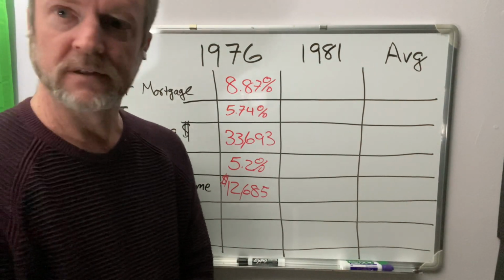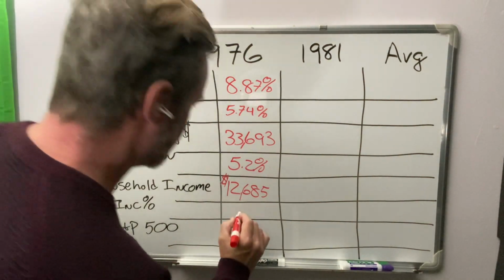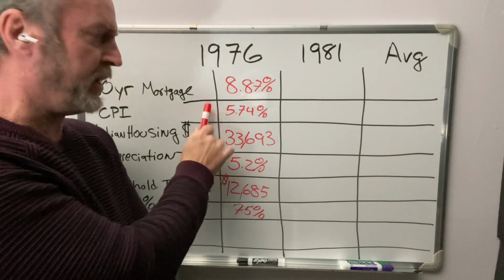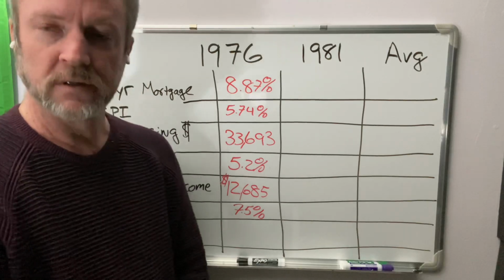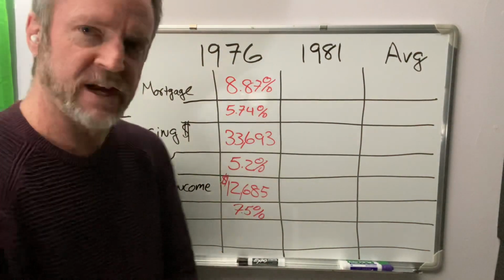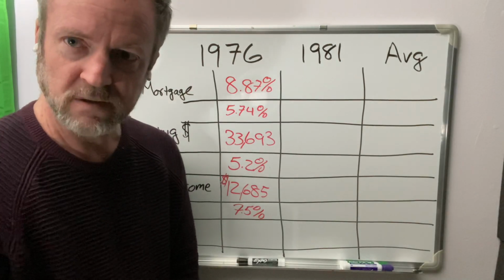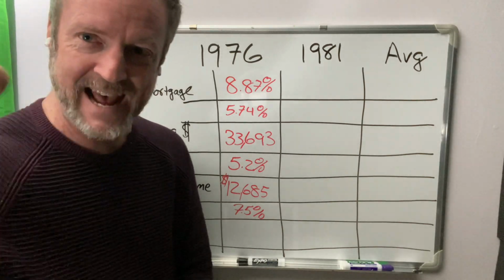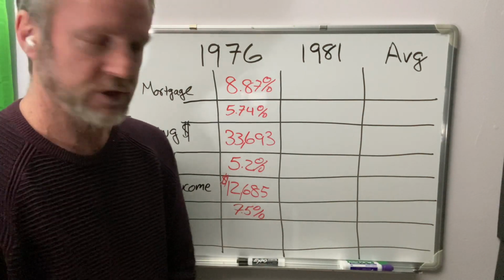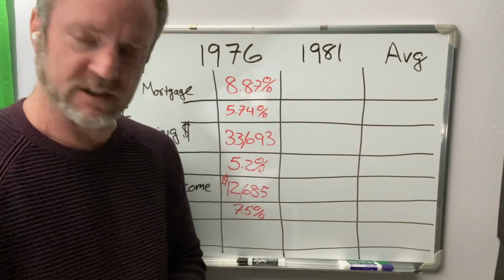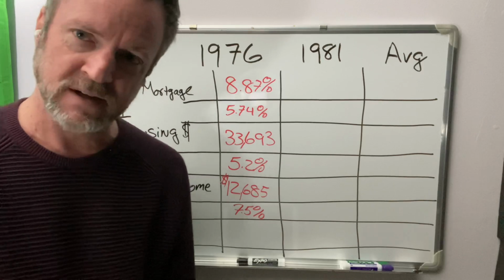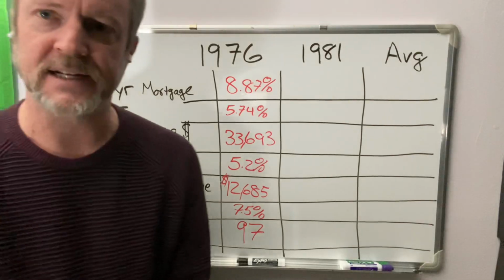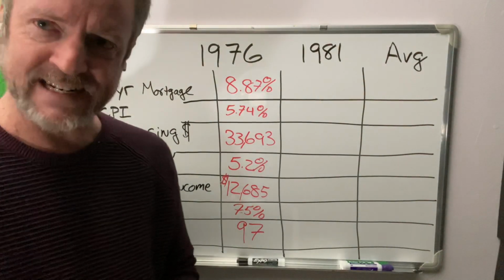How about wages? Wage inflation. Wage inflation that year, 7.5%. Remember CPI way up here? You actually had real wage growth, right? Inflation 5, wages 7. You, the worker, were making money. Today, CPI 7.5, wages 5%. Today, you're losing. In 76, you are winning. And just because a lot of people watch the stock market, the S&P 500 was a whopping 97 in 1976. So again, that is the setup.